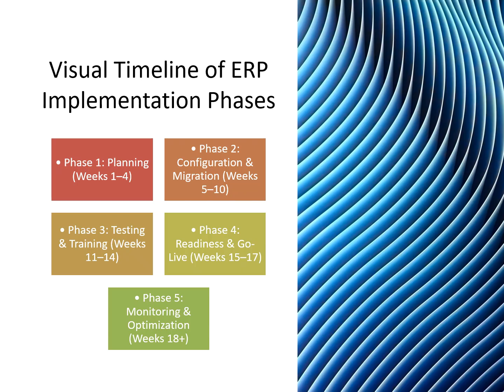This timeline shows the structured rollout of our ERP system. It emphasizes that each phase builds on the last, from planning and configuration to testing, go-live, and post-launch optimization. It highlights that this phased approach helps manage risk, ensures readiness, and supports a smooth transition with minimal disruption